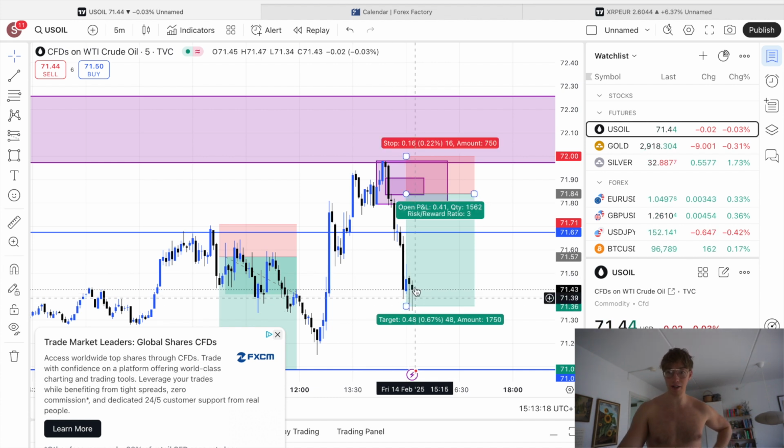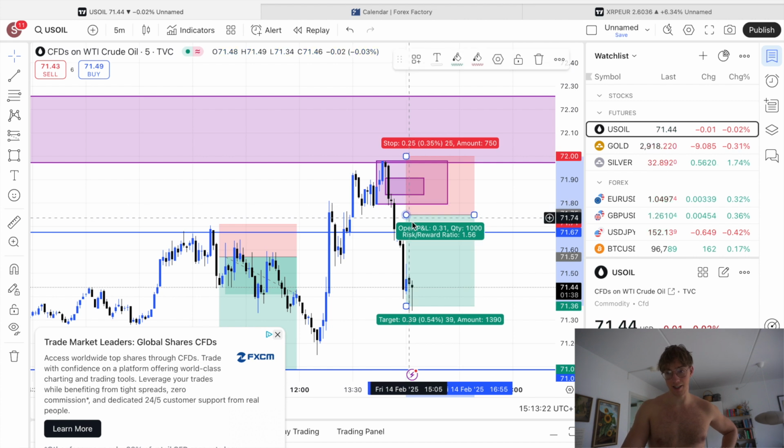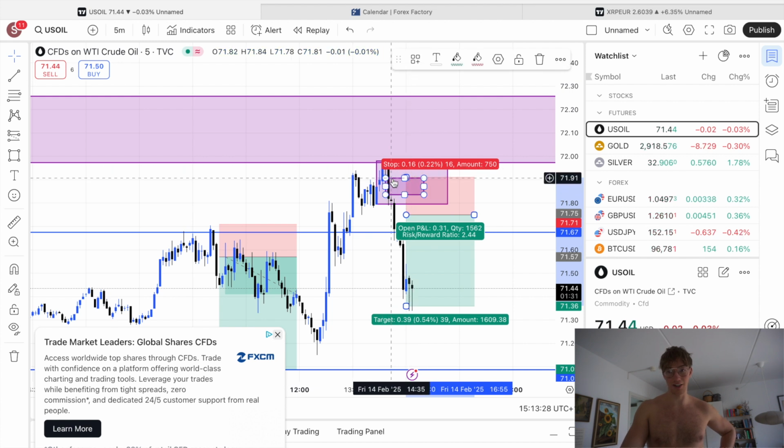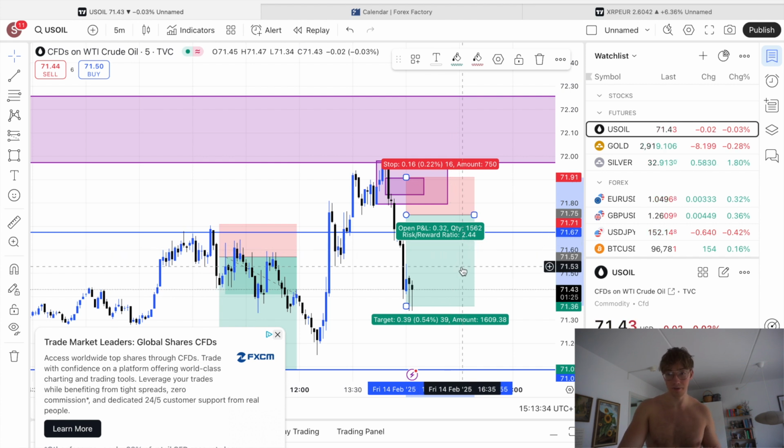It would have been quite a good trade, even though it might have been like this instead. But then you could also be putting your stop loss within the fair value gap or above the fair value gap, and then you would have a risk reward of 2.4, which is pretty good. But yeah,